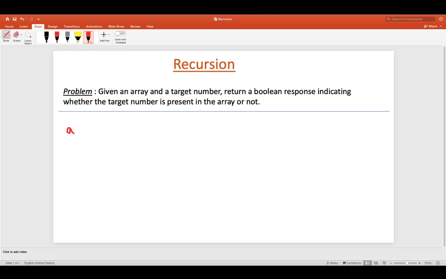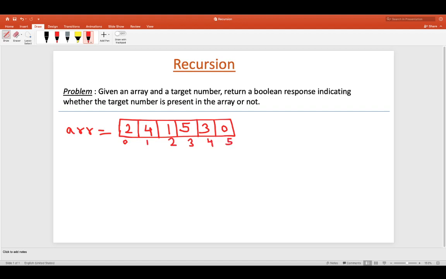So let's say that our array looks like this. Let's say 5, 3 and 0, and let's mark the indices as well, 0, 1, 2, 3, 4 and 5, and let's say that the number that I have to find is 3.